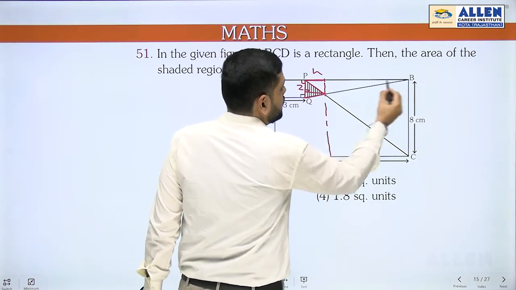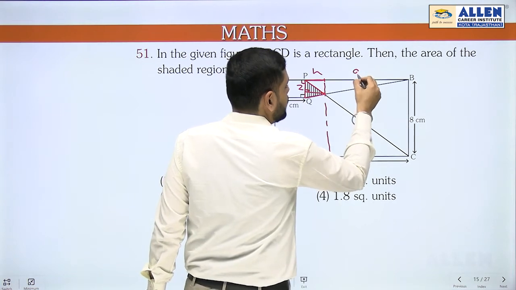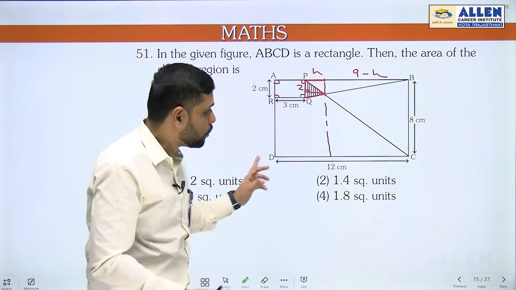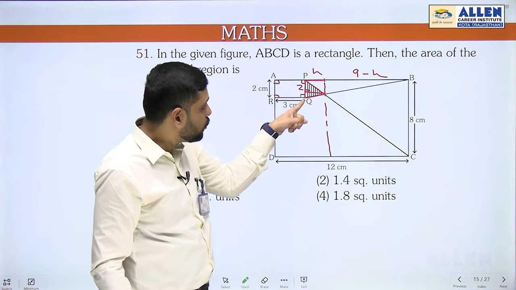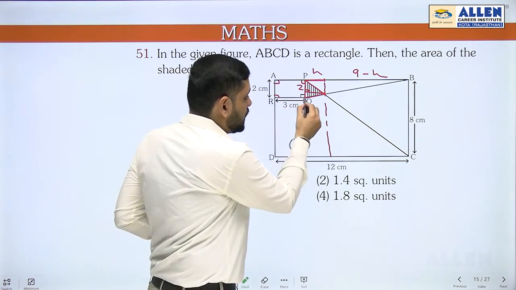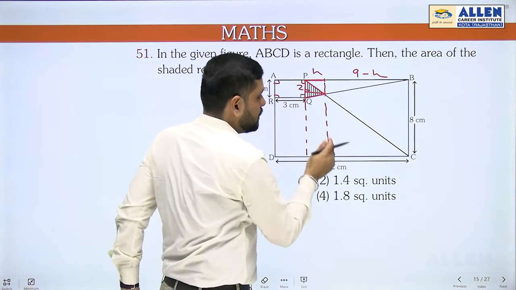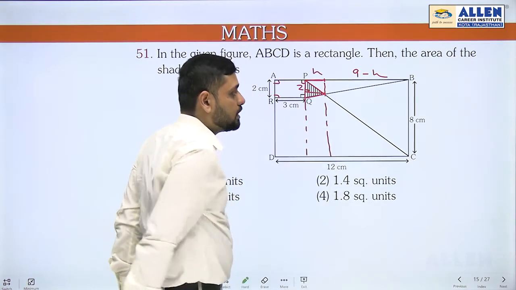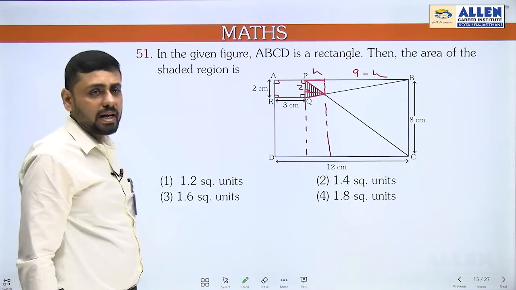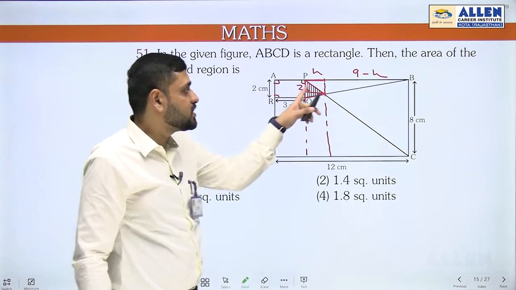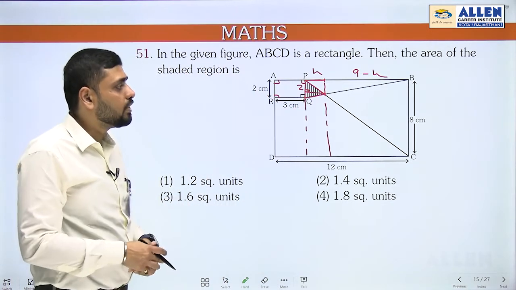So this region will be what? This region will be 9 minus h, because total is 12, this is 3. So from here, if you take the length from this point, it will be 9, and if this region is h, this will be 9 minus h, right? So in this way we have taken this h and 9 minus h, and now we need to find the